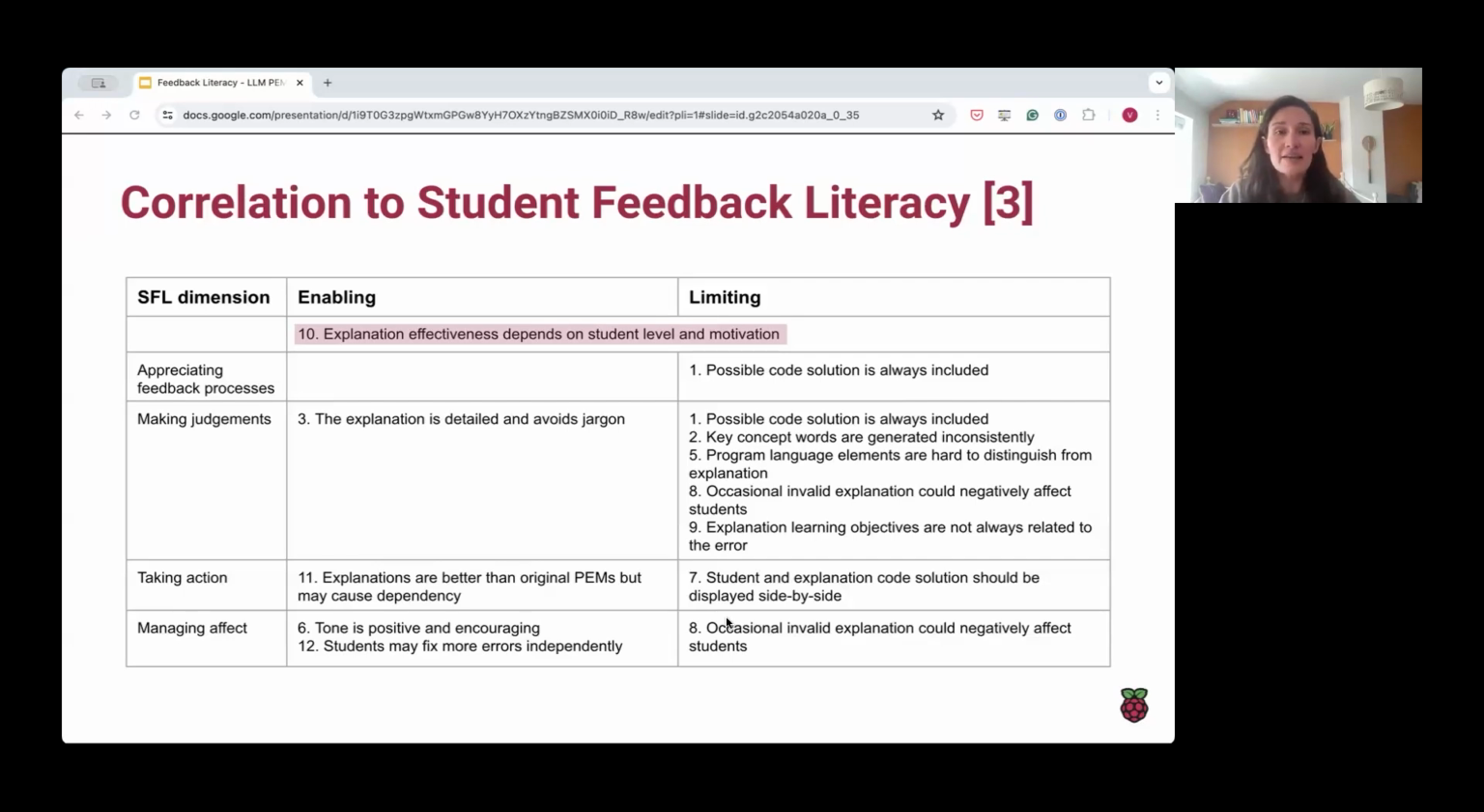So the students' level of knowledge will impact their ability to make judgments and take action on the feedback, and their motivation will probably impact their ability to appreciate feedback processes and manage affect. Another example is how a possible code solution being included in the explanation risks inhibiting students from taking responsibility for developing their own understanding and potentially reducing their learner agency, affecting their capability to appreciate feedback